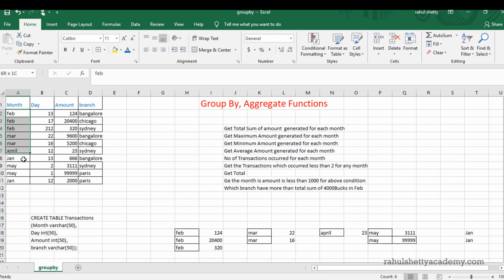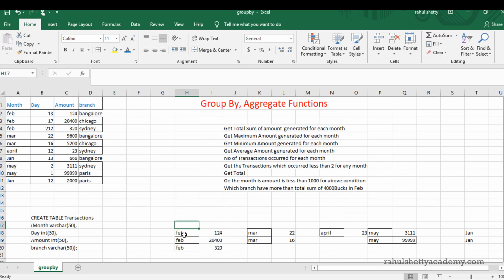many different months I have here. Let's say it had 4 months. If it has 5 months, it creates 5 groups first. When it sees February, it will throw it in the February group. When it has March, it will throw it in the March group. So if there are 5 unique months in the table, it will create 5 groups for you, and all the related records which belong to that specific month will go to that specific group.